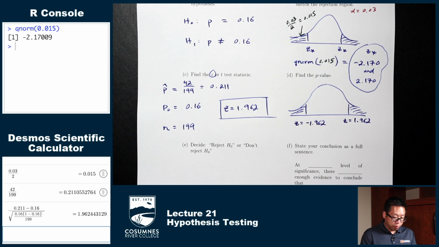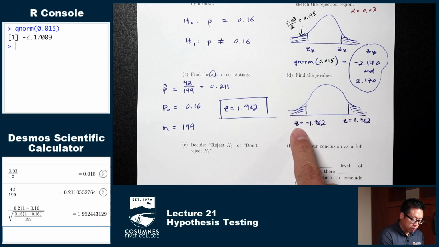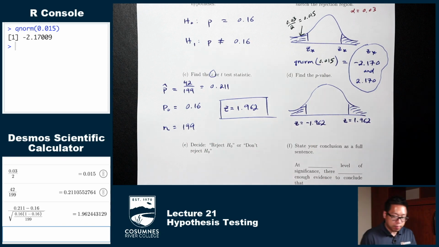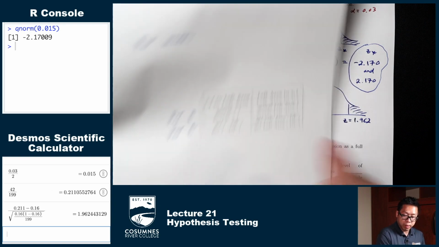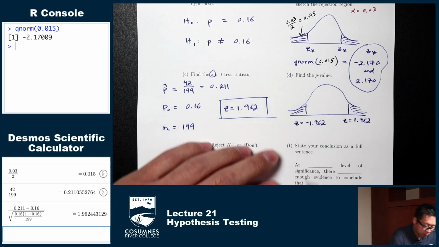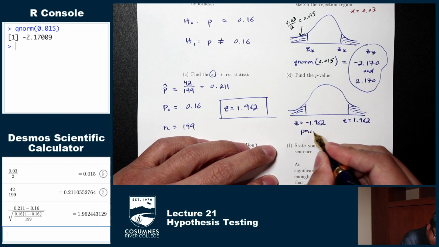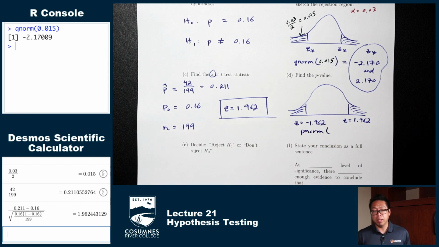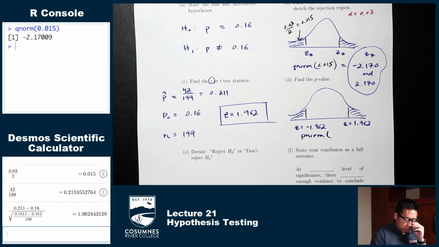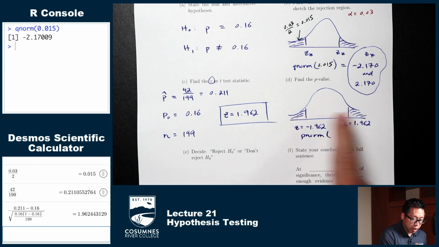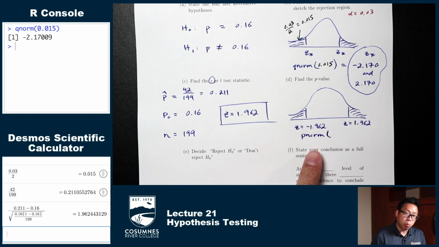And our job here is to find the shaded area. So this is a Z to area type question. So Z to area in the Z situation is pnorm of Z. So we're going to do pnorm of Z. Now the question is, which Z do you plug in? So let's try to be smart about this. We're trying to find the shaded area, right? And the way pnorm works is you feed it a Z and it gives you the area to the left.